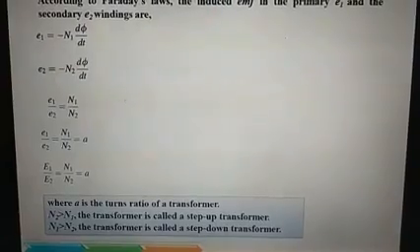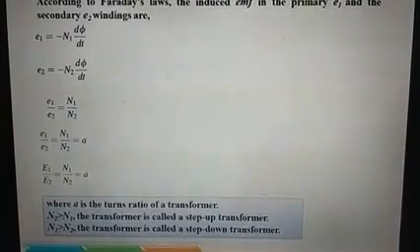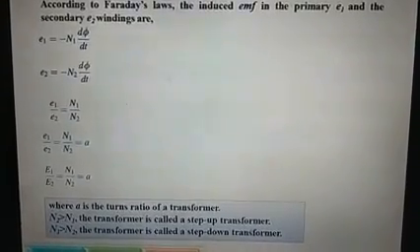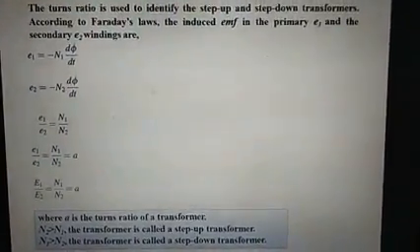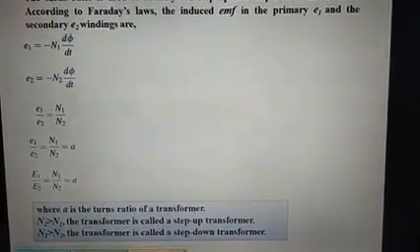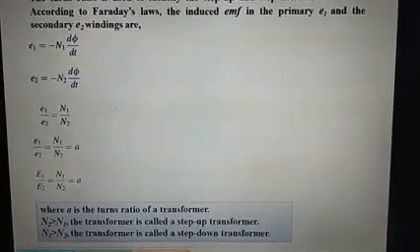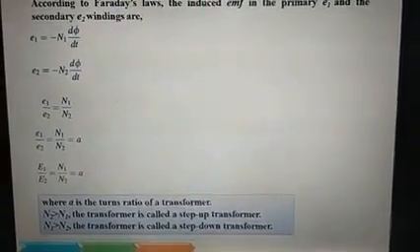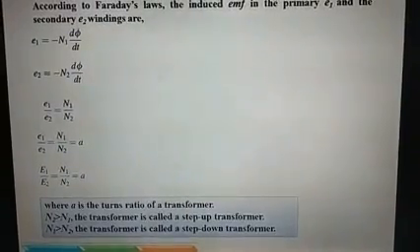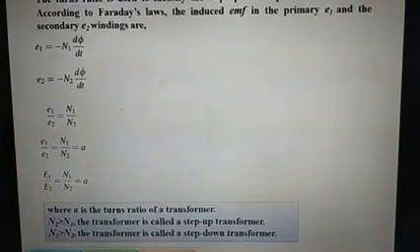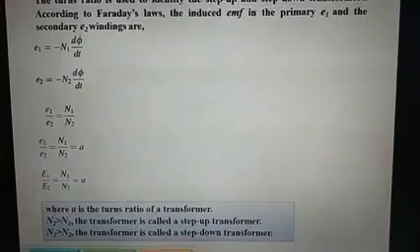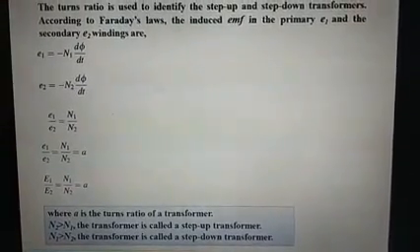Conversely, when N1 is greater than N2, the transformer is called as a step down transformer. At the secondary side, we are getting less voltage compared to the primary side. And there is one more condition: when N1 is equal to N2, the voltage in primary side is equal to the voltage at secondary side, and this type of transformer is called as an impedance transformer, because these transformers are used in electrical circuit to match the impedance or to make the electrical isolation.